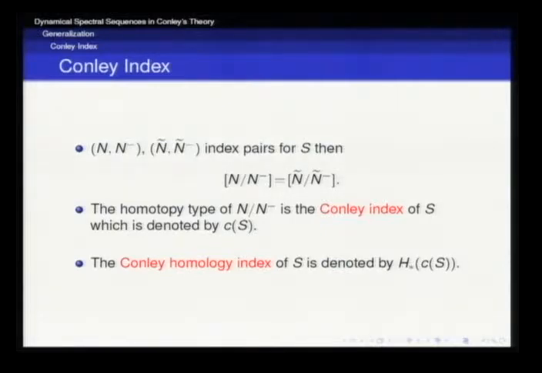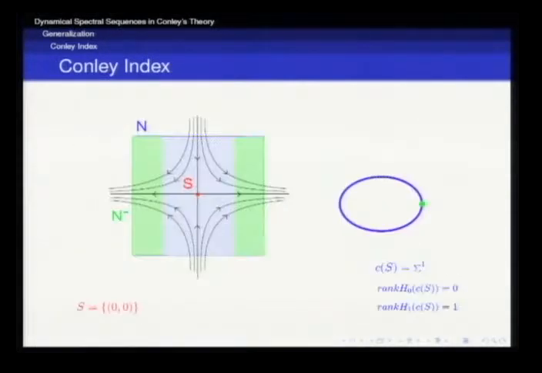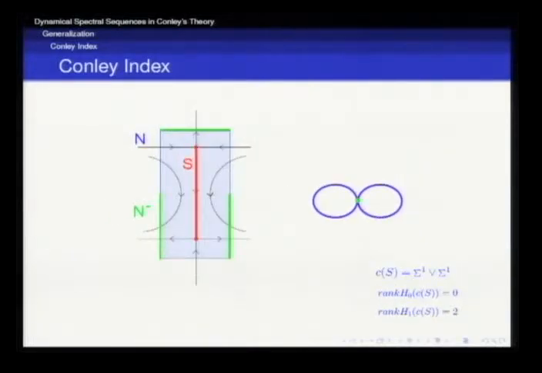Now, how do we get to the matrix from this? We have to look at the homology. Since this is a homotopy invariant, we will look at the Conley homology. And by looking at this Conley homology, here I won't get into the definition of the connection. Here, see the spaces, which are the indices associated to the invariant sets. But I can look at the homology and the ranks. So I have numbers here. And these numbers will eventually get into the connection matrix somehow.